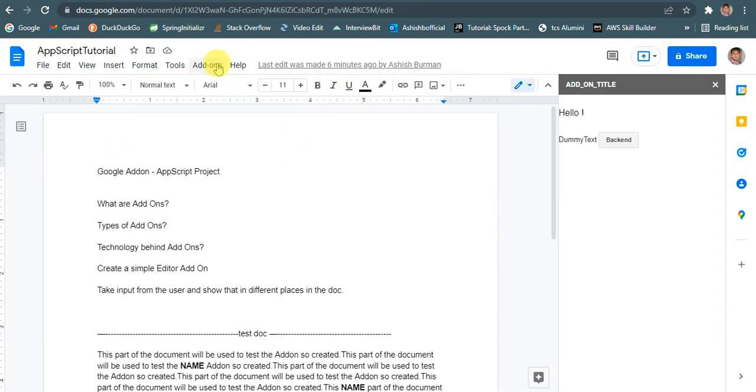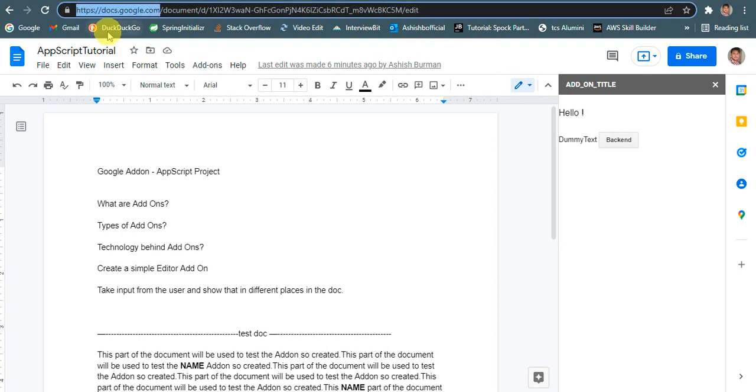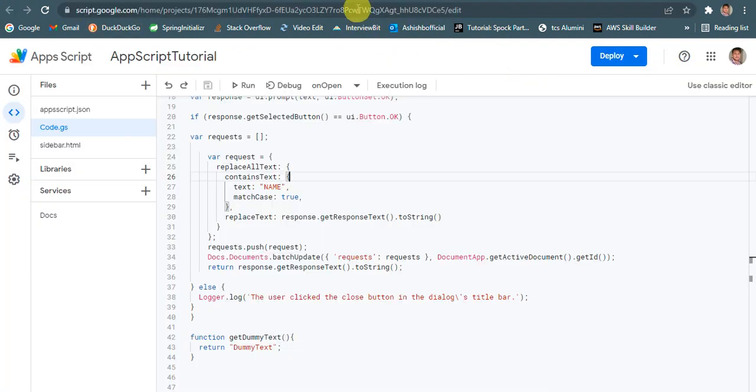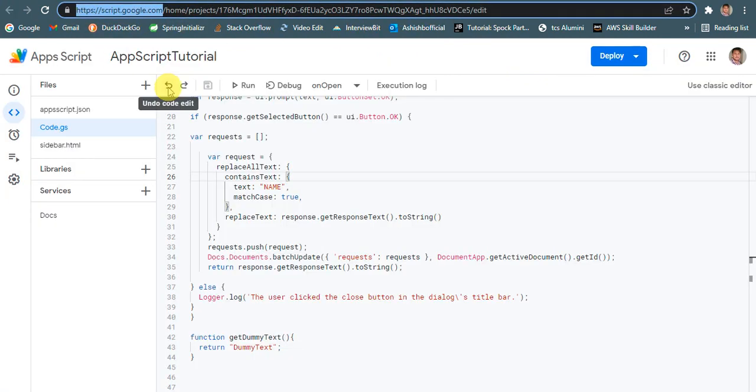So editor add-ons reside on the document itself. I'll give you an example. If I copy scripts.google.com, then